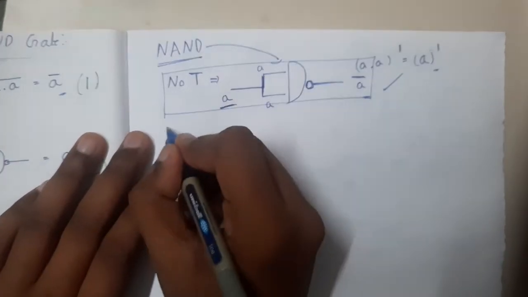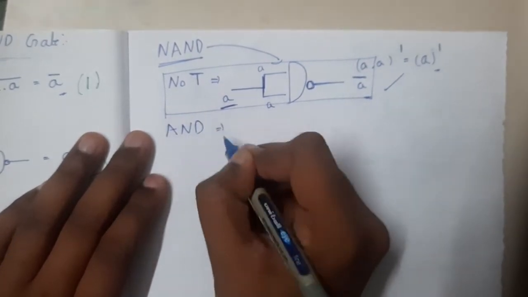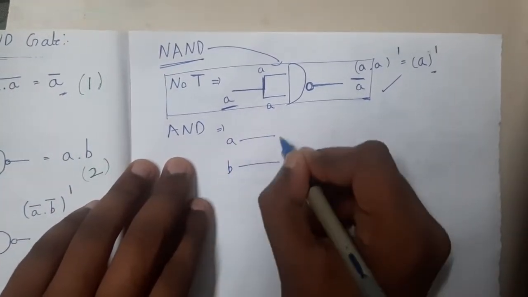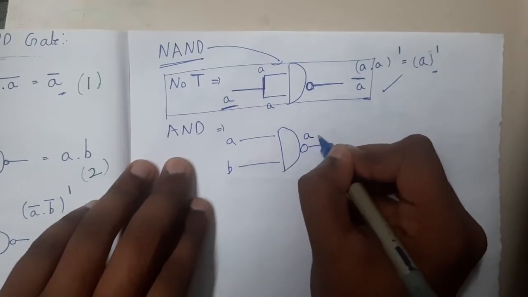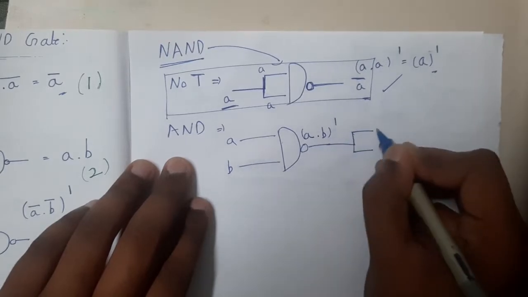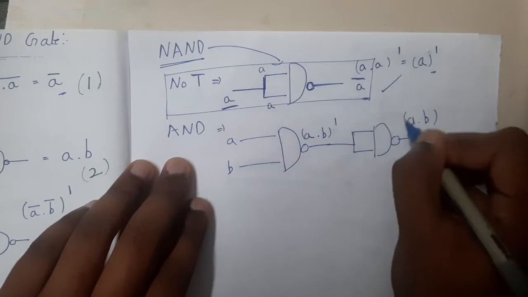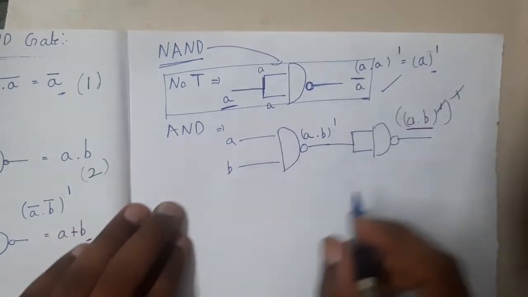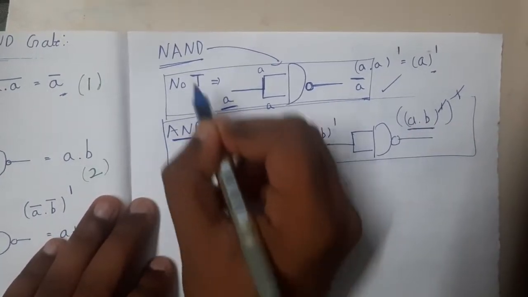Yes. Moving on. Now let us try for AND gate, guys. Few of you will be thinking, okay, it's quite easy, right? You will be giving A as an input, B as an input. So you will get as an output (A dot B) whole bar. Then you will give this as an input to one more NAND gate. So what it will do again, double complement, right? This complement and this complement will cancel and it works as an AND gate, right? Yes. So here we have designed an AND gate using NAND gate.